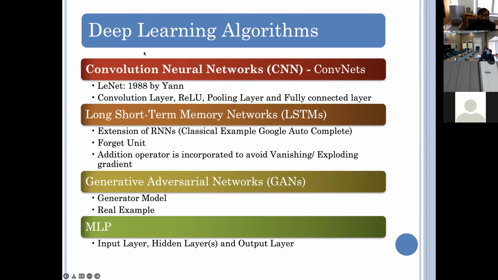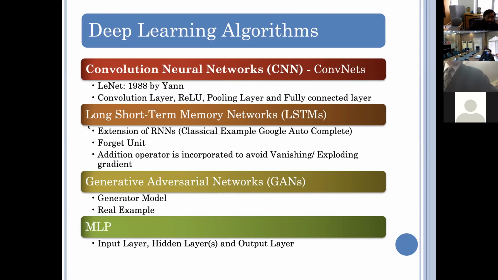So you can implement it. The convolution neural network is not a new thing for us. It was first developed in 1998 by Yann LeCun, and it was earlier known as LeNet. Whenever we talk about convolution neural networks, if you are dealing with signal processing or image processing, most people are using them. Here we have a convolution layer, ReLU layer, pooling layer, and fully connected layer. Based upon your application and the literature review, you change the architecture.